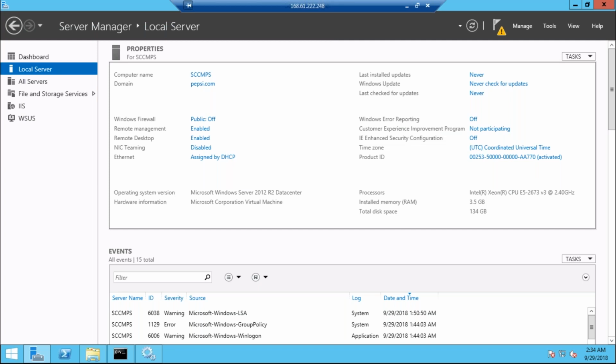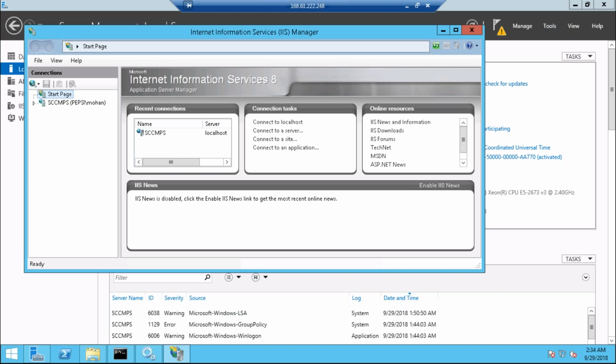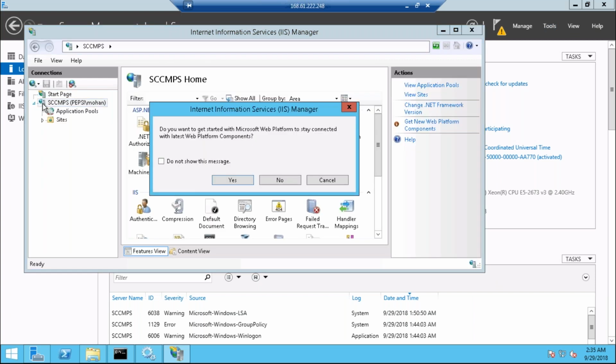WSUS IIS website will be created and a database will be created. So let's go to IIS, click on tools and click on Internet Information Services and expand SCCM PS. Just click on no or anything of your choice. Click on